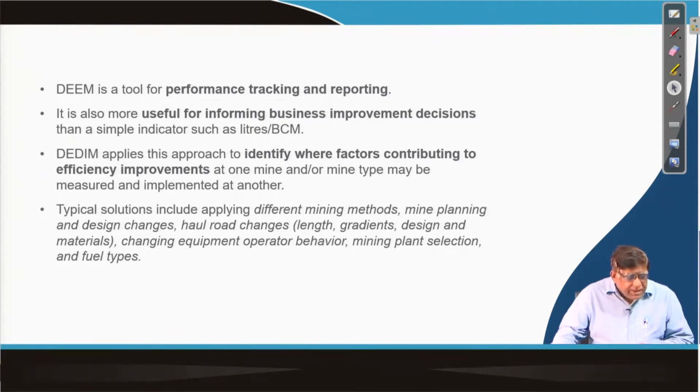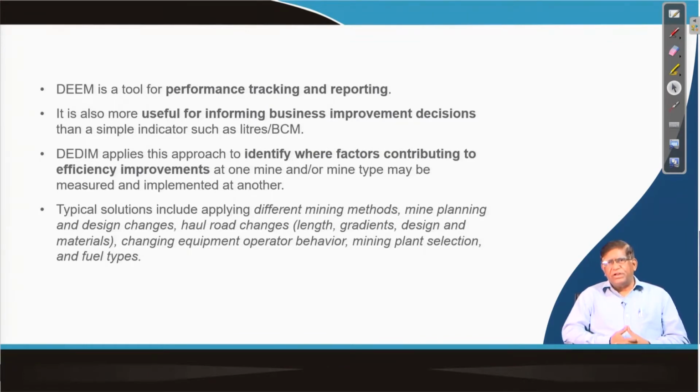They basically give the performance indication to do the planning for the next operations, because they identify which factors need to be improved for a better selection of the mining method: whether any deviation is required, whether a design change is required, whether the haul road needs to be changed. As we say, the haul road parameters may be its length, its gradient, its cross sections, how it is doing the drainage. If they need to be changed, you can find it out.